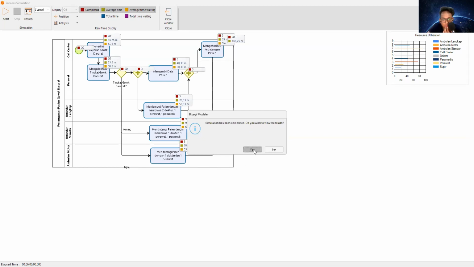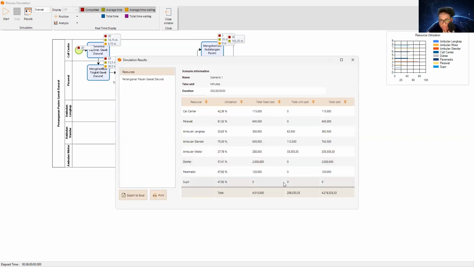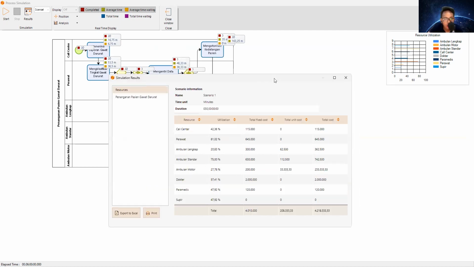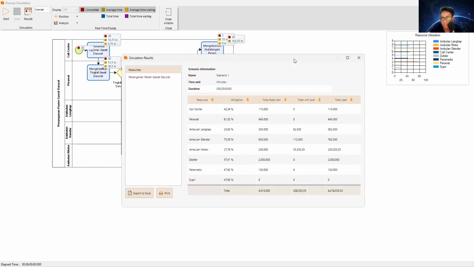After that, we see the result. In this part, we get to know the total cost to handle the 20 patients, guys. As you can see here, the total cost is around 4 million for handling 20 patients.